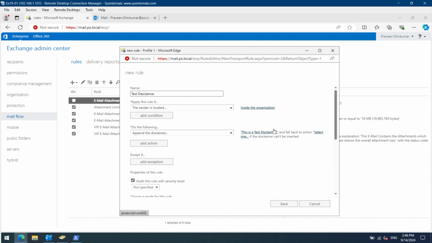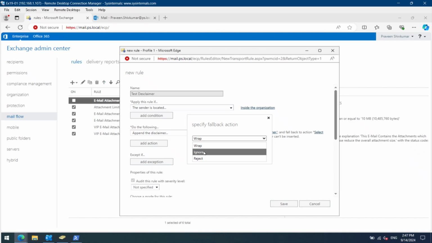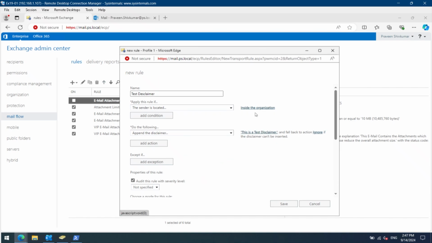OK. So if the rule fails to process for the mail, then there are three options of what we can do. We can wrap the email, or we can ignore that and continue with the email transfer, or we can reject the email. So I will select ignore and click OK. This particular rule will be applied to all the emails which are sent from the inside users. So let's click on save